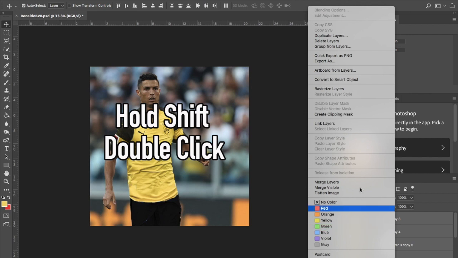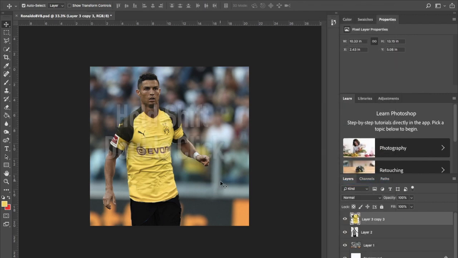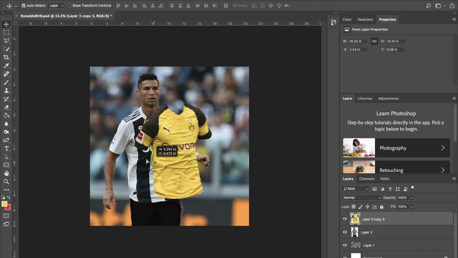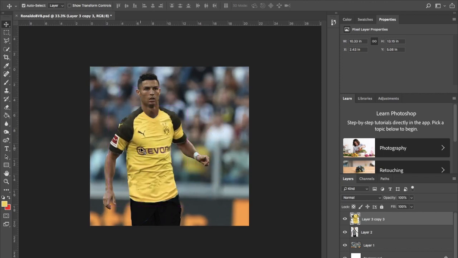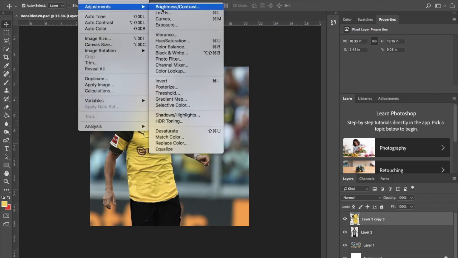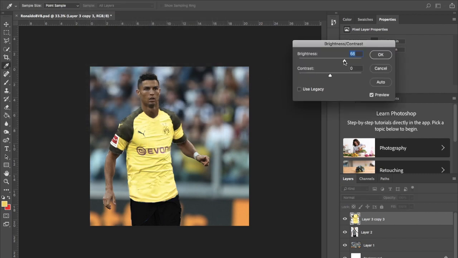You're going to double click and you'll get this menu tab open. We're going to go ahead and press merge layers, and once we do that, as you can see, it is now all one layer of all of our hard work. So now we can just go over here, make some adjustments. Maybe increase,